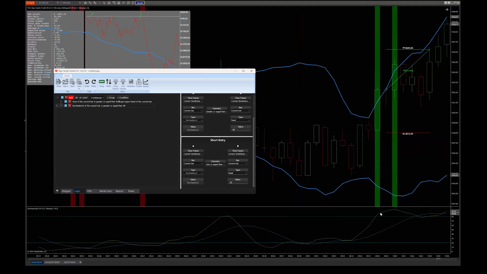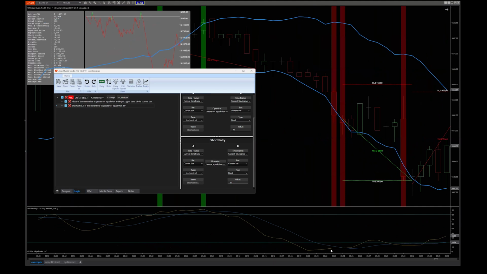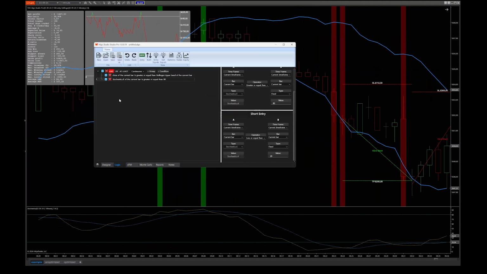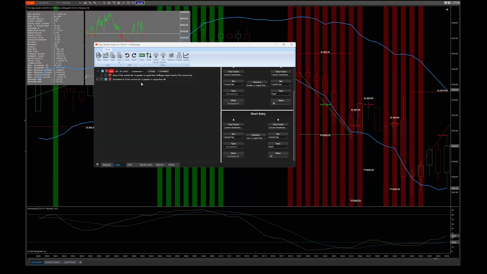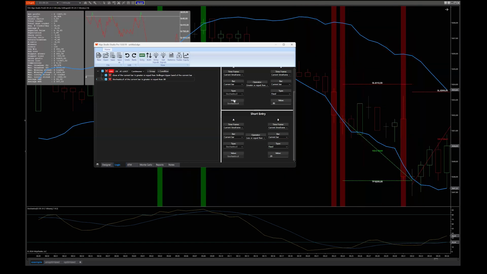So now you can see here it is above 80, and the bar closes above the Bollinger Band, so that would be a valid long signal indeed. And here the stochastic is below 20, and the price closes below the Bollinger Band, so that's a valid short signal. So you already can see how easy it is to create your own algos. You can simply turn signals on and off to see how they work, or what signals they give, which allows you to easily test.